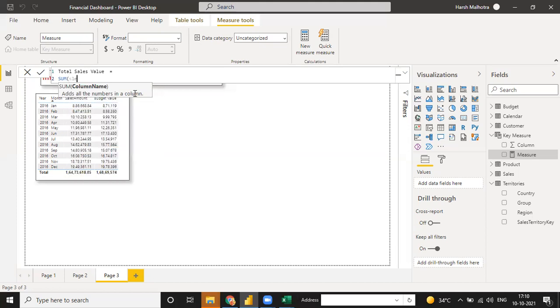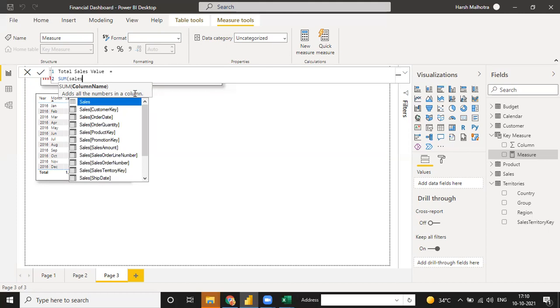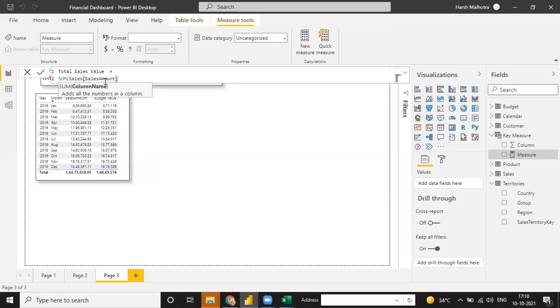And now I'm going to add sales amount. This one. And see, when you put sales amount, it does not mean it is added directly from A to AZ in the same way as Excel. No, it is not like Excel. It will increase your value one by one. If your row is removed, then it will remove your value. If a row is increased, it will increase your value. It is known as row context.